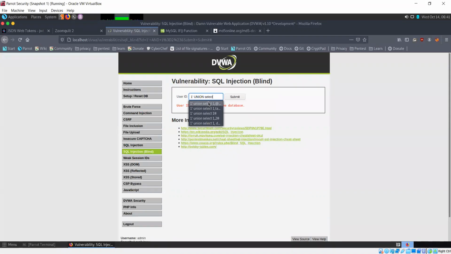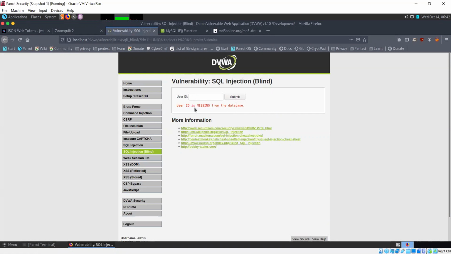Now union did not need to be capital, I just had caps lock on. 1 union select 1. So this is 1, in this case 1 is the column number. So if this statement runs, that means that the query has only one column.